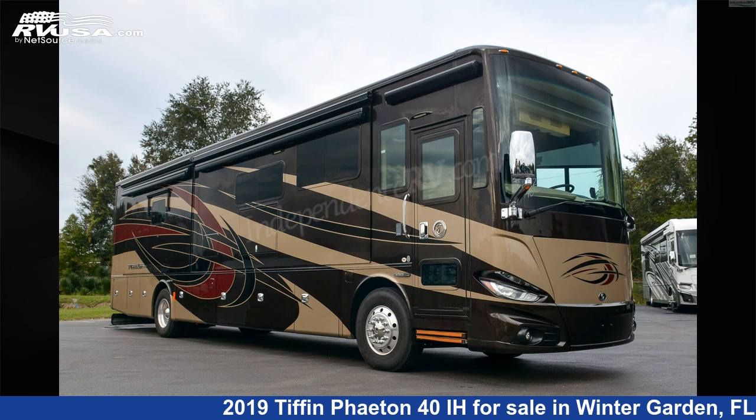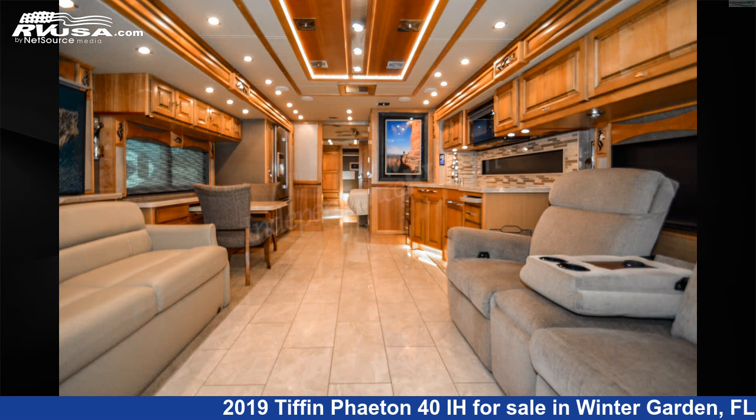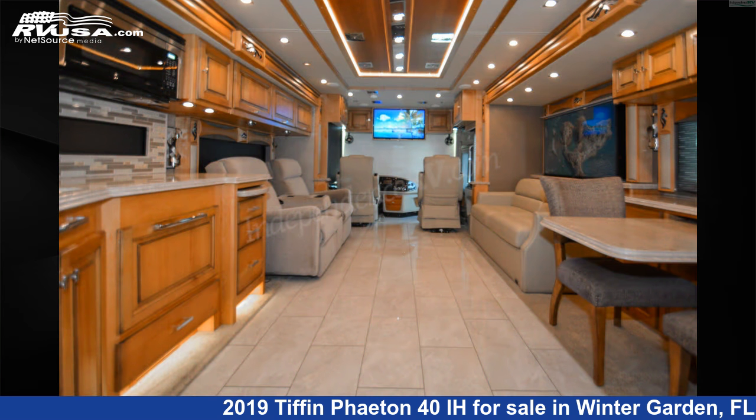This 2019 Tiffin Phaeton 40IH is a Class A RV. It is located in Winter Garden, FL 34787 and is offered for sale by Independence RV Sales. This used Tiffin is 41 feet 4 inches in length and features 4 slideouts, a Sienna Decor, English Chestnut Cabinetry